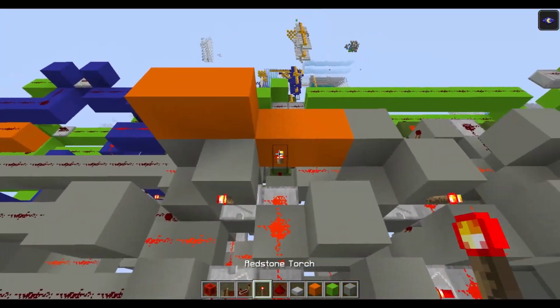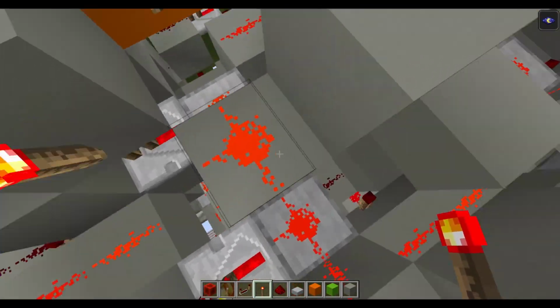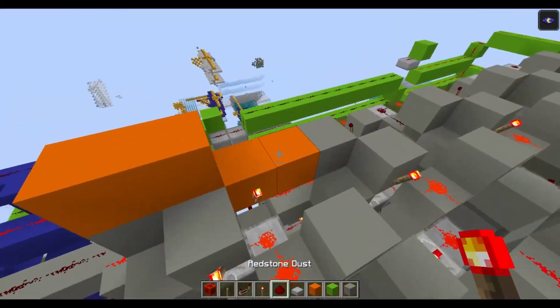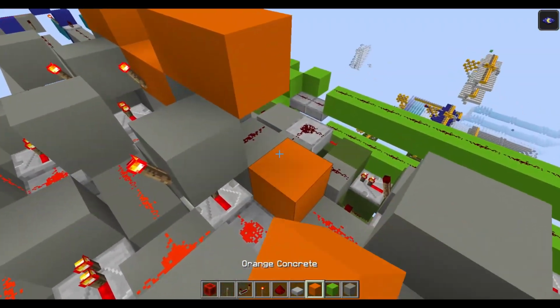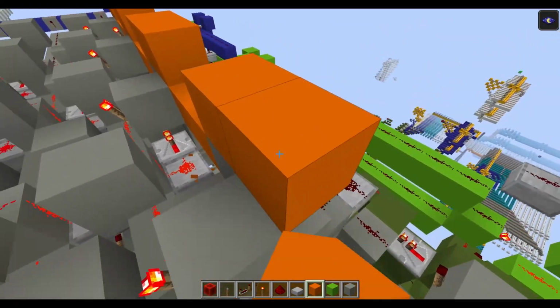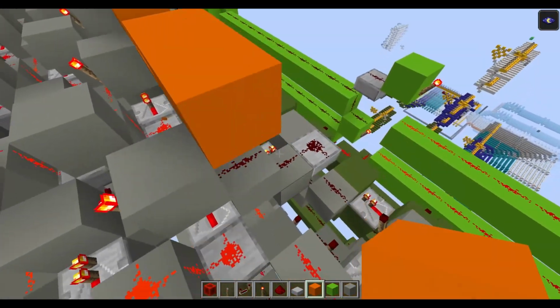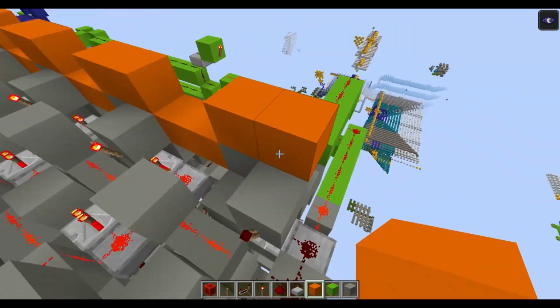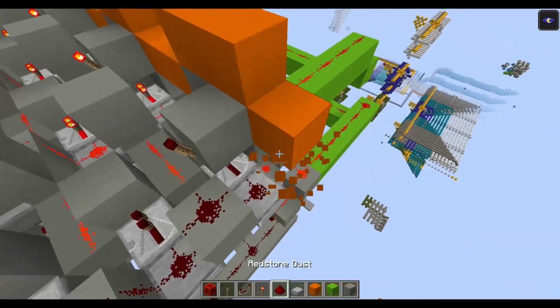You need to input on this wire and not this one to reach the end. It's important. So you do like this, to block. Okay, and the last one.